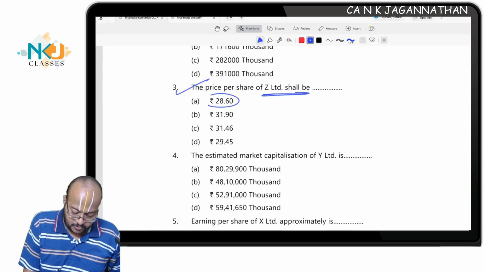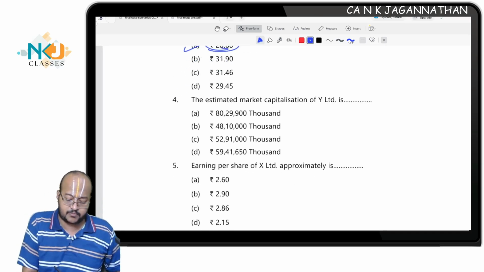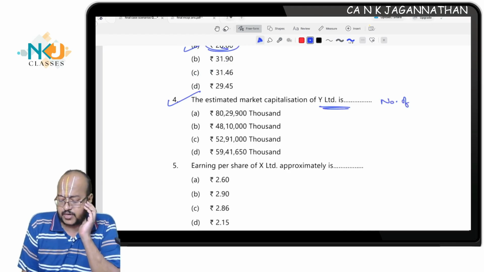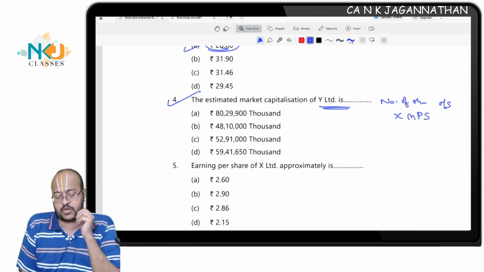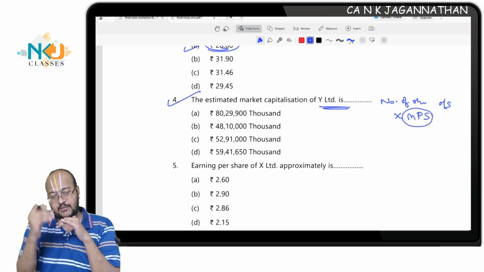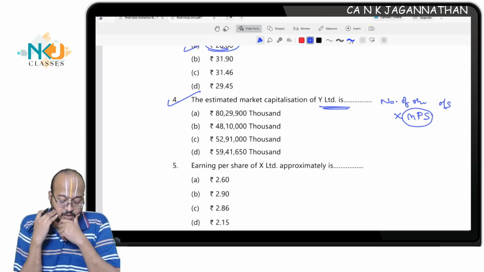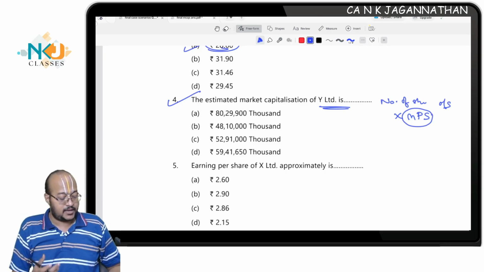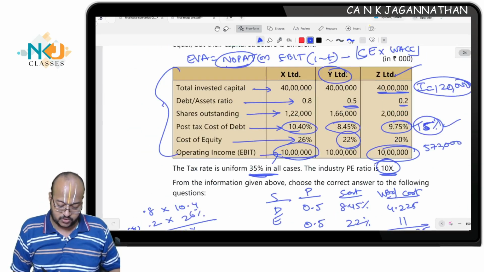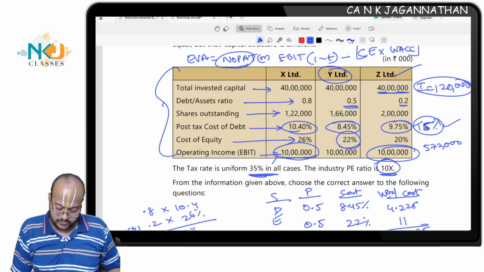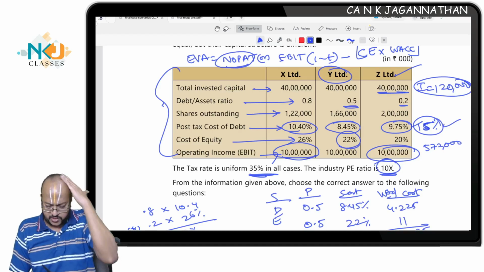Well, is that 28.6 the price of Z Limited? See, estimated market capitalization of Y Limited. Market capitalization is number of shares outstanding into MPS of the company. So first step, you need to compute EPS from the income statement, then MPS from the PE ratio, and then number of shares outstanding will give you the market capitalization of Y Limited. Anyway, I will just show you how to compute. Y Limited, first we need to compute